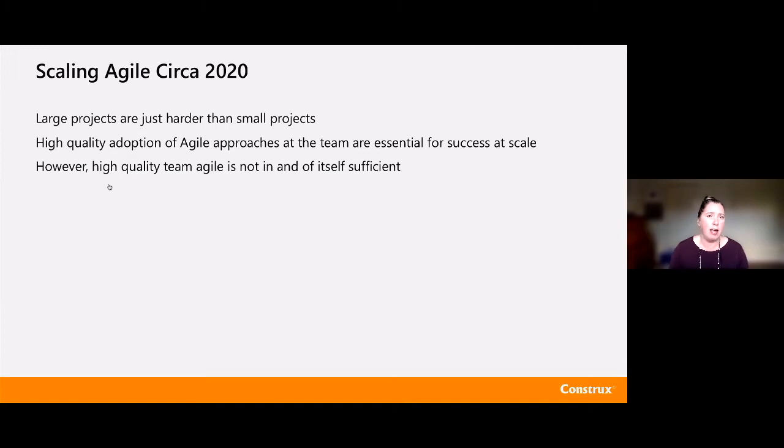But just a set of high quality Agile teams, Scrum teams, Kanban teams is not in itself enough because the work mix is changing. We do need to be thinking more about end-to-end system testing. We need to be thinking more about what architecture information we need. We need to think about how to coordinate all of those product backlog items. So, team level high fidelity agility is wonderful. It alone is not sufficient. We need more than just that to be successful at scale.